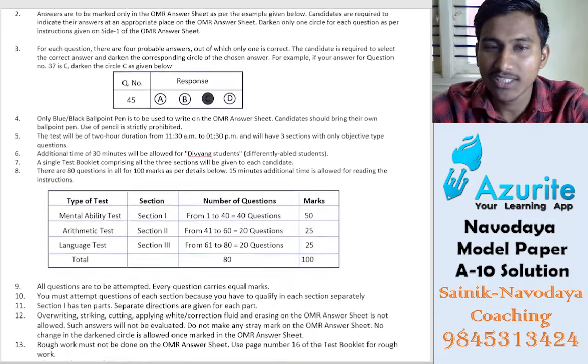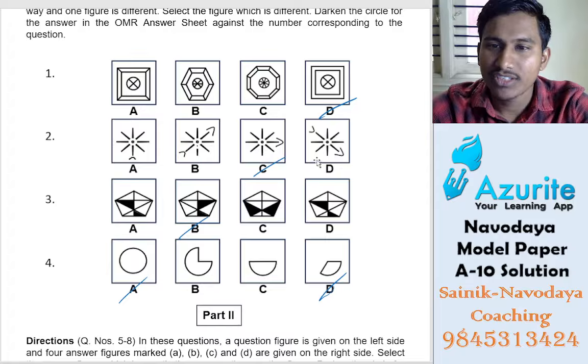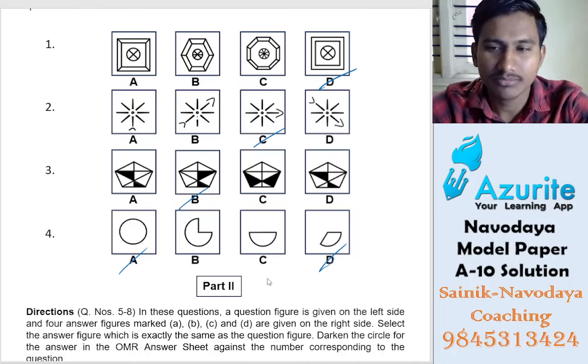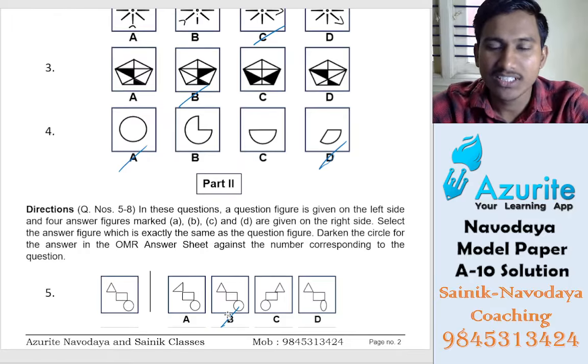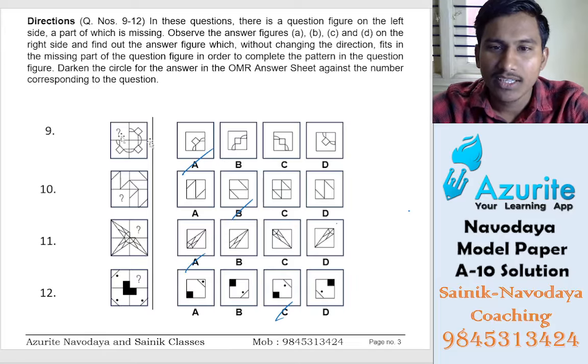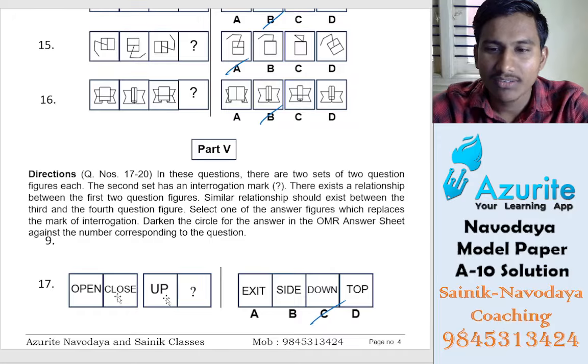First, mental ability. Here first one is D, second one is C, third one is B, fourth one can be A and D, but majorly it can be D. Both can be answers. Now fifth one is B, sixth one B, seventh one D, eighth one B, ninth one A, 10th one B, 11th one A, 12th one C, 13th one A, 14th is B, 15th is A, 16th is B, 17th is C,